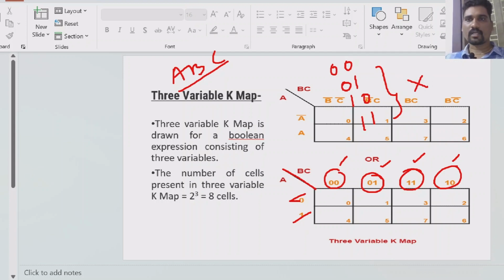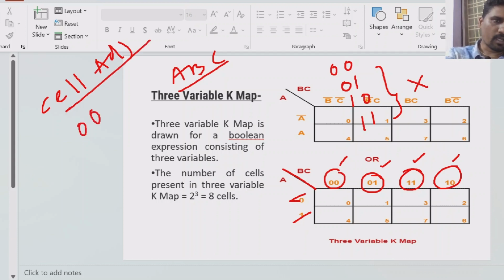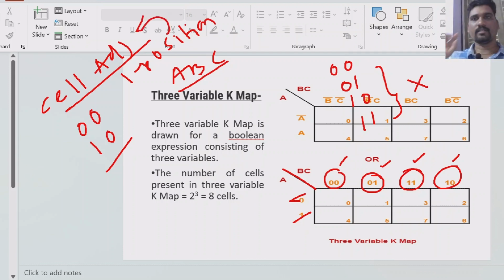Now we'll see what the actual concept behind this is. There are so many concepts, so out of these I am going to explain some simple logic. We have something called cell adjacency. Cell adjacency means if you are comparing one bit number with another bit number, they should vary in only one position. If it varies in only one position, then it is called cell adjacency. What is the reason we are using the K-map method? The reason for using the K-map method is minimization. If you want to perform the minimization operation, it should obey the rule called cell adjacency.